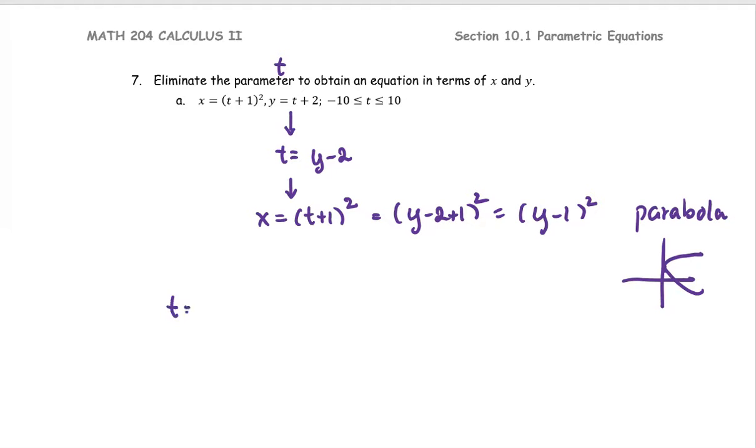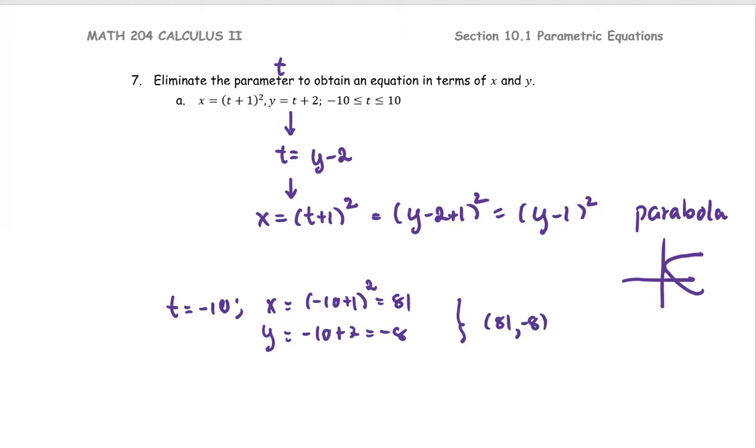Now we're going to see the trajectory of this equation. Since the first t is negative 10, x equals negative 10 plus 1 to the power 2, or 81, and y equals negative 10 plus 2 equals negative 8. So the first coordinate would be 81 comma negative 8,